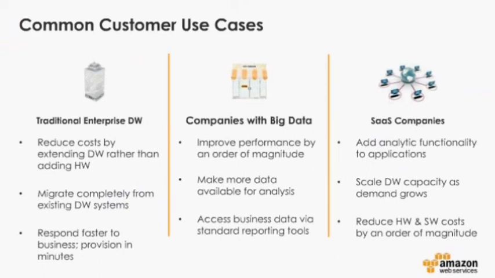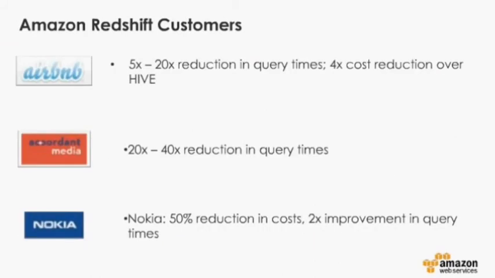Or if you know you're going big, you can start with HS1-8XLarges. Those instances have 16 terabytes of data per node, triple replicated. And you can have up to 100 of those nodes in a cluster. That means 1.6 petabytes of data in your warehouse, which we think is ready to go for even the biggest